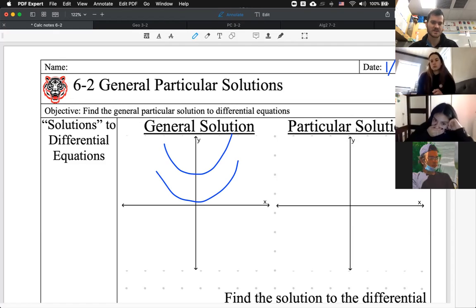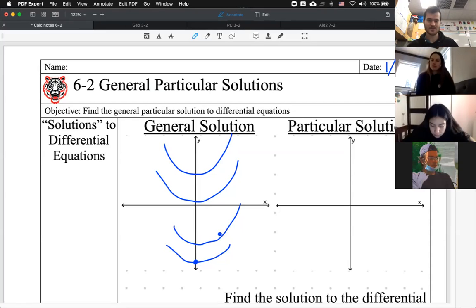It depends on what initial condition. If I have an initial condition that starts there, that's that parabola. If I have an initial condition that's right there, I have that parabola. If you put a point anywhere on here, if you have the slope field, that is the general solution for everything. But then there's also the particular solution, which is, if you know the initial condition,